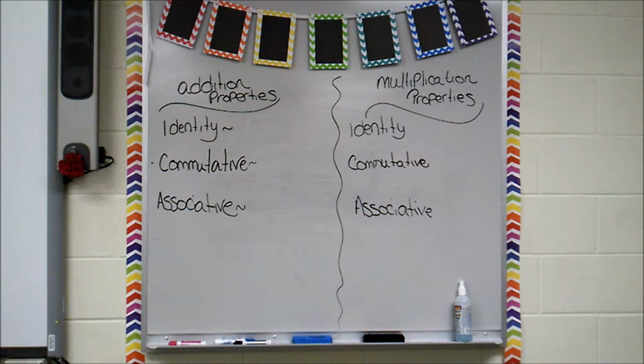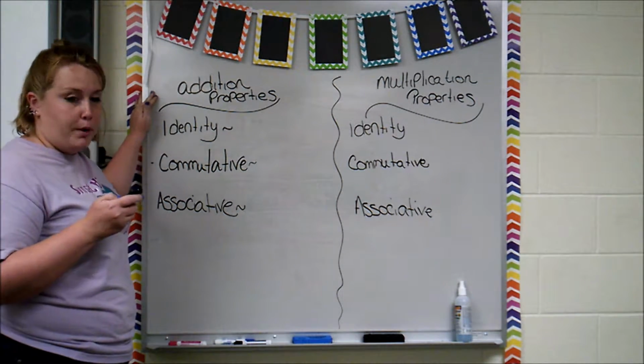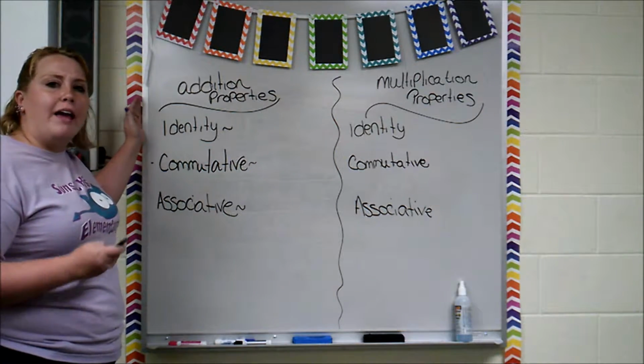So as you can see, I set up my board, and I would hope that your notes would be set up in a similar way. So what I did, and on your paper you can do this as well, kind of fold your paper in half, hot dog fold, and list these things on each side. So on one side of my paper, I would have my addition properties listed. The addition properties include, but are not limited to, the ones that we will be looking at this time,